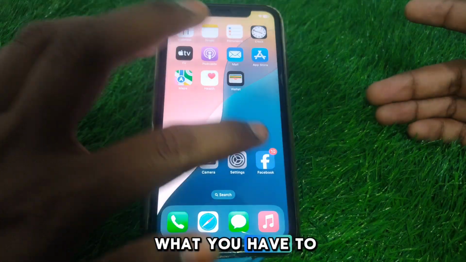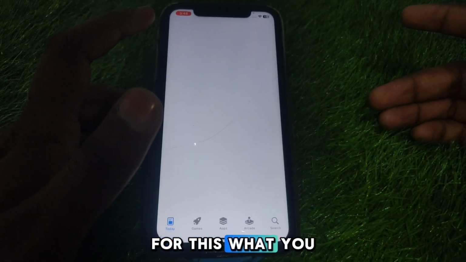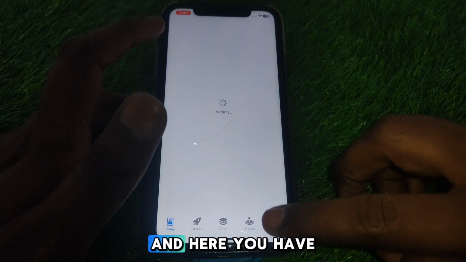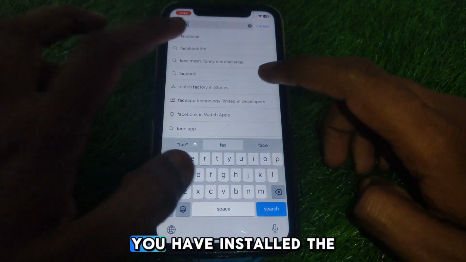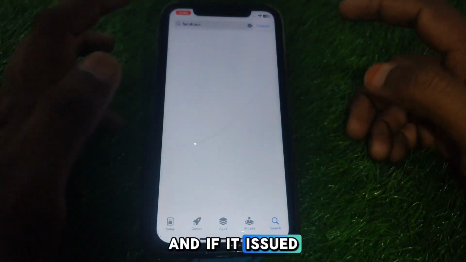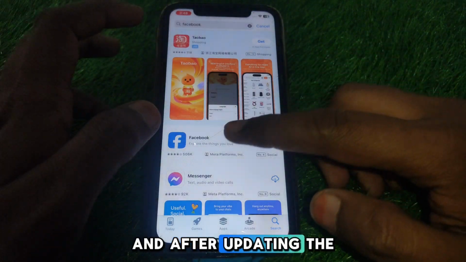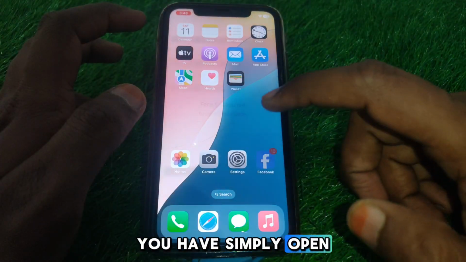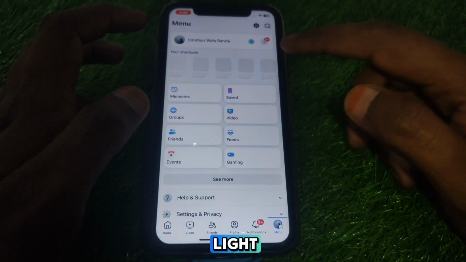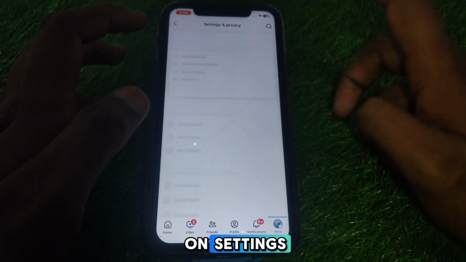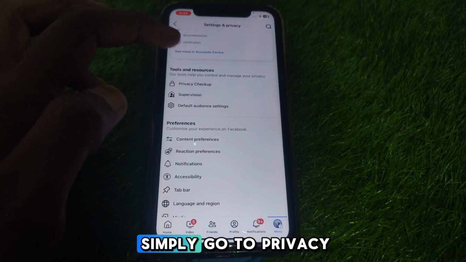First of all, you have to make sure that you have installed the latest version of Facebook. For this, you have to simply open the App Store here, search for Facebook, and make sure that you have installed the latest version. And if it is showing any kind of update, then you have to simply update the Facebook app. After updating the Facebook app, open the Facebook app, and after opening, click on the profile icon, and after that click on settings. Here you have to go to settings and privacy, and then go to privacy